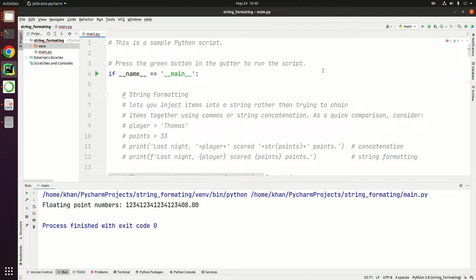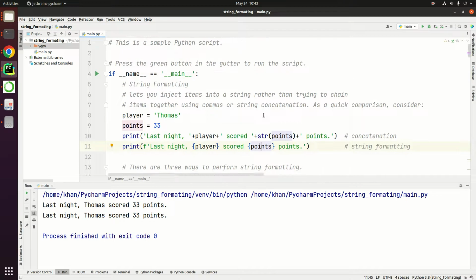Okay, in the last discussion, we discussed many things about string and concatenation. In this discussion, we're going to talk about string formatting. Basically, string formatting lets you inject items into a string rather than trying to chain items together using commas